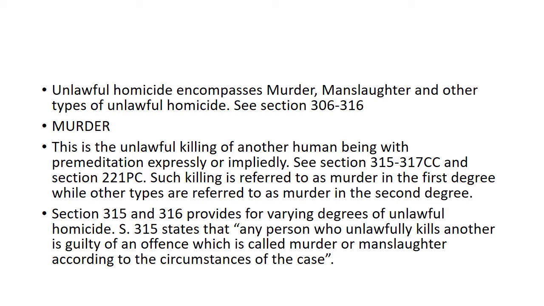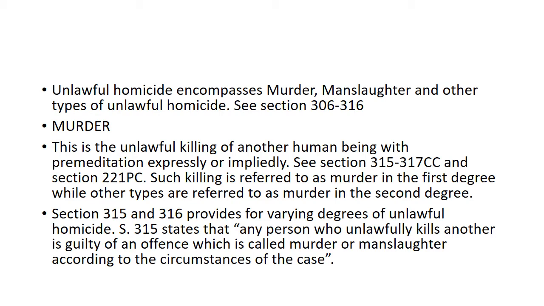Unlawful homicide, we said, includes murder, manslaughter, and other types of unlawful homicide, which can be found in Sections 306 to 316 of the Criminal Code. On the Penal Code, you see it under Section 221 of the Penal Code. Now, what is murder? Basically, the unlawful killing of another person